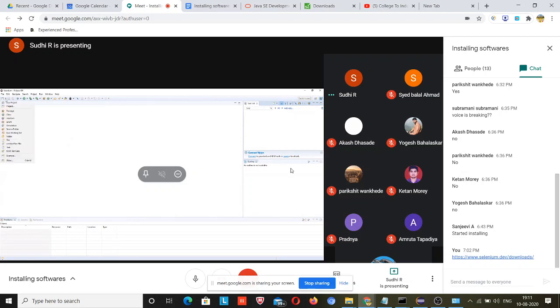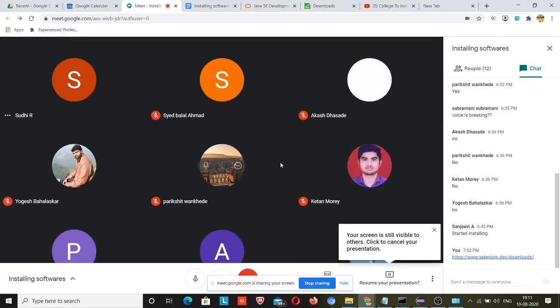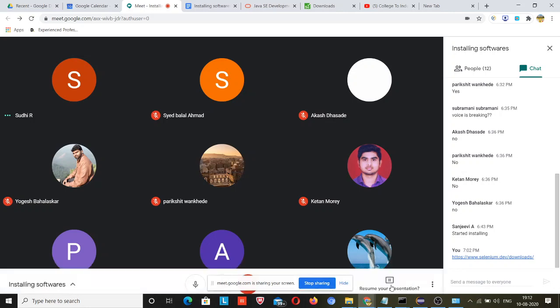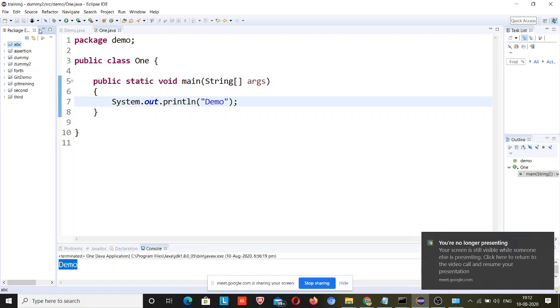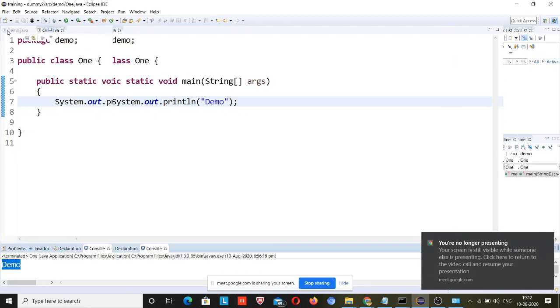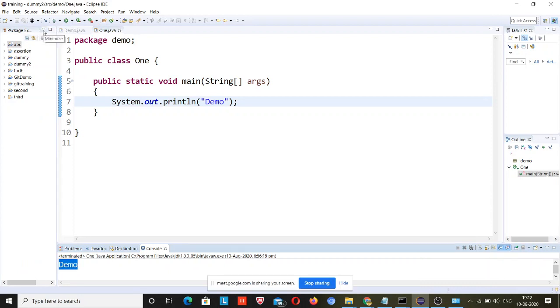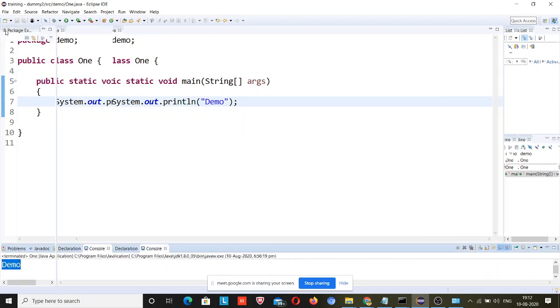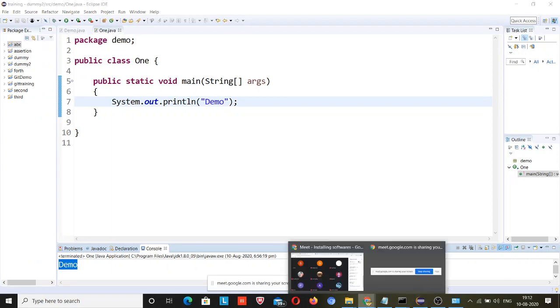Actually, you have minimized your package explorer, so you are unable to see it.